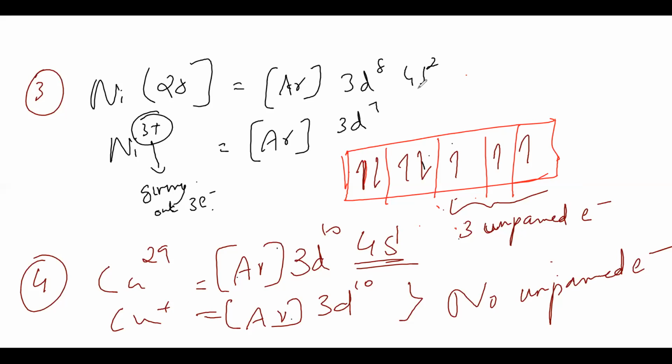Argon is having 18, that's the reason. What is the atomic number of argon? 18. So that is the reason I'm taking that particular element. 18 plus 10 is what? 28. That's it. Argon is 18. Or else you have to sit and write all the things: 1s2, 2s2, 2p6, everything you have to write it down. Siraj, is it clear? Argon is having 18. That is the reason.